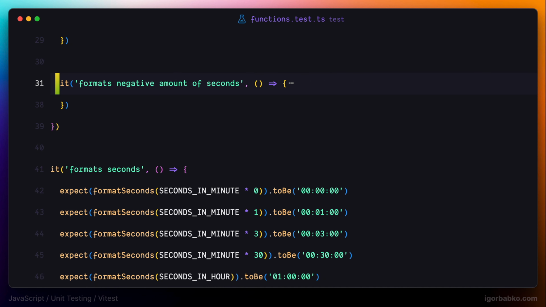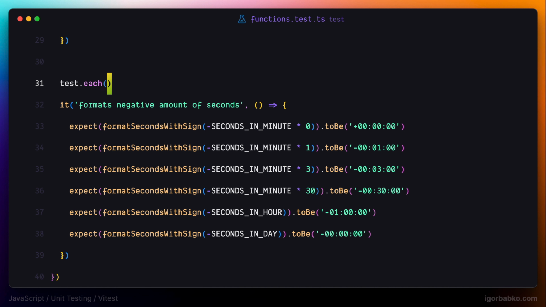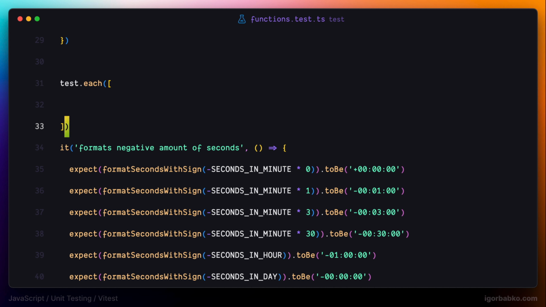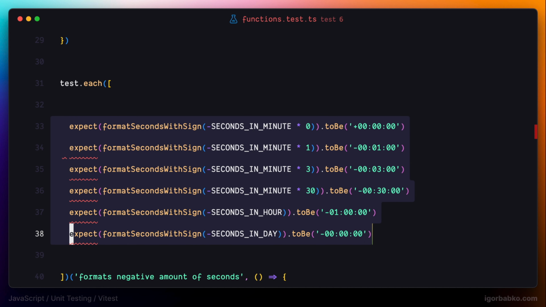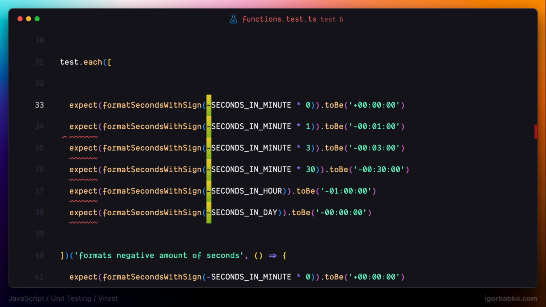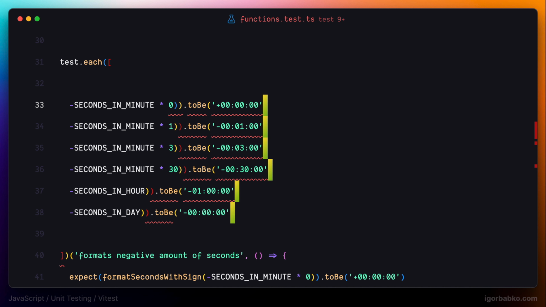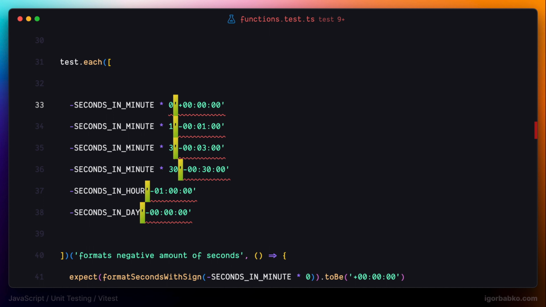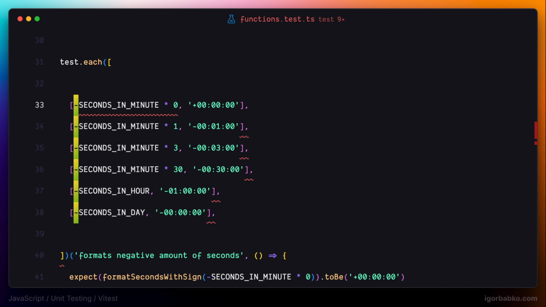Next, we're going to apply identical refactoring to the next function. In here, I'm also going to use methodEach, and then I'm gonna extract all necessary data from these expectations. Here I also need the parameter for the function formatSecondsWithSign and the return value of these functions. I'm gonna put all these values into arrays with 2 elements, and then let's just change the description of this